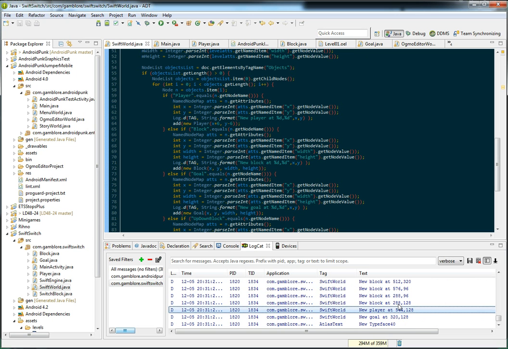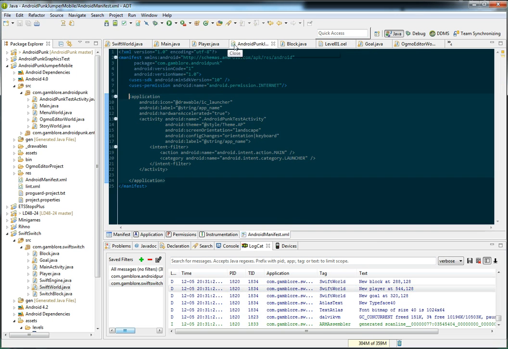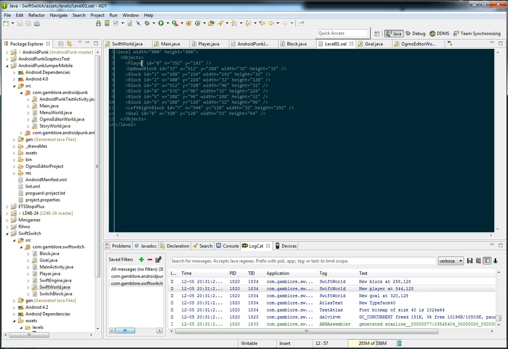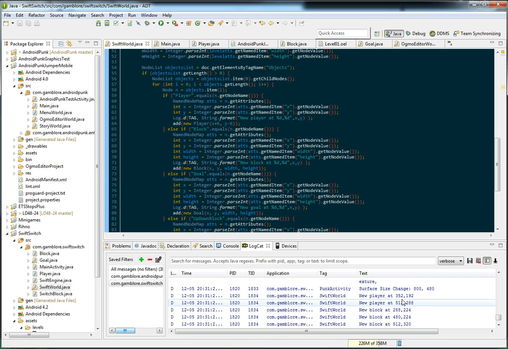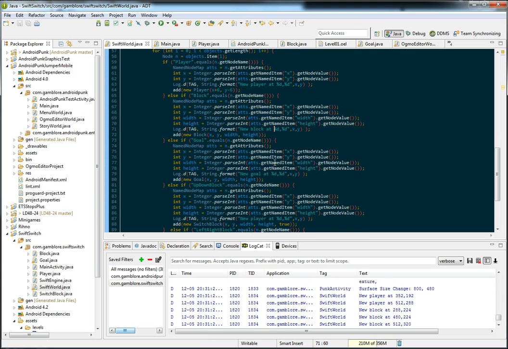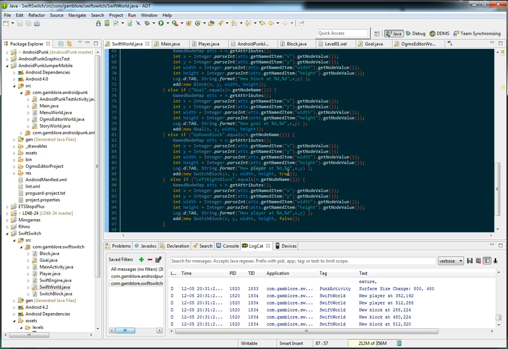No. This is why debugging sucks. Here we see, let's take a look at the level. Player, the first thing should be at 360 and 192. So if we look here, player is not being set properly. So that's something, but that's because, haha, up down block. So it's probably the first one, 352 and 192, and then the goal block is 320, 128, but has a